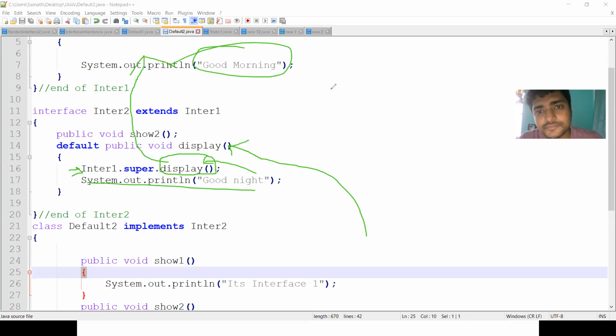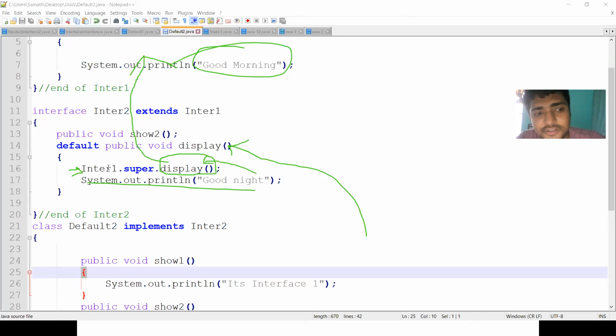So this is the basic thing: while using the default methods, you will get the method overriding concept. In order to display the super class methods, we use the super keyword. In the inheritance concept, we use the super keyword to differentiate the members of the base class from the subclass. The same concept can be applied in interfaces also.